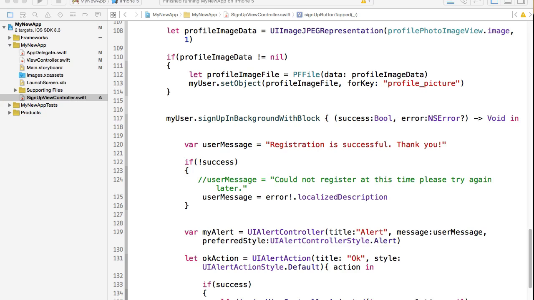So with Parse, implementation of email address confirmation has been very much simplified, and it takes only a few minutes to implement this feature. And there is actually nothing we need to do in Swift code to make it work. So let's go ahead and implement email address verification feature for our application. And to start, I will go to Parse,